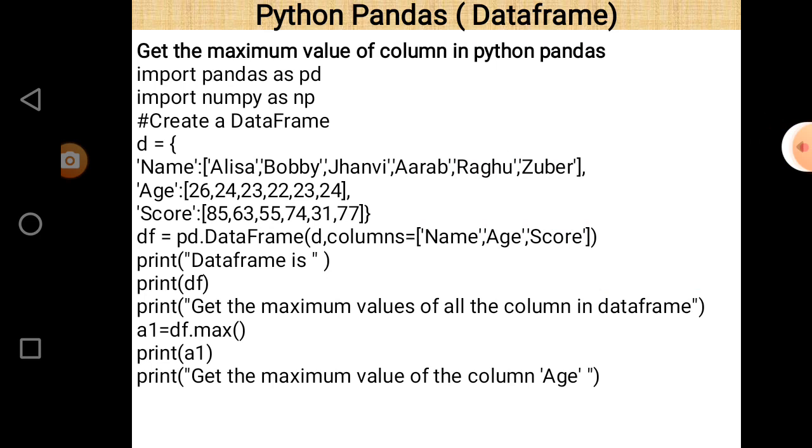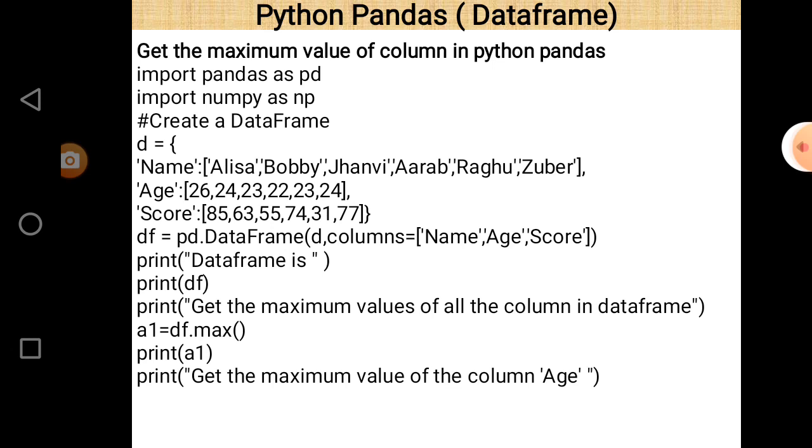Using this dictionary we create a data frame here, and we pass the names of the columns here, again name, age and score. By default the names of the columns are name, age and score, so if we don't pass these as column names, then it doesn't make much effect in this data frame. After that there is a print statement of the data frame, so after execution of that statement the data frame will be printed.